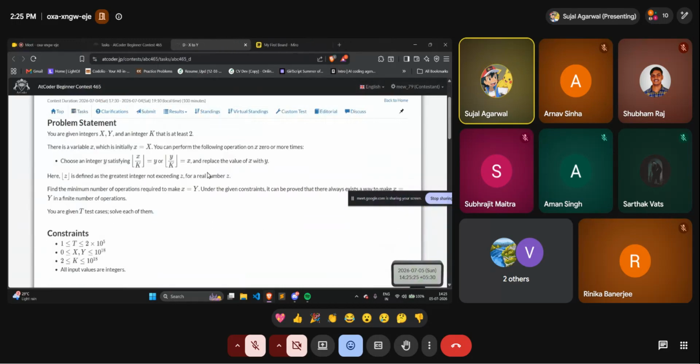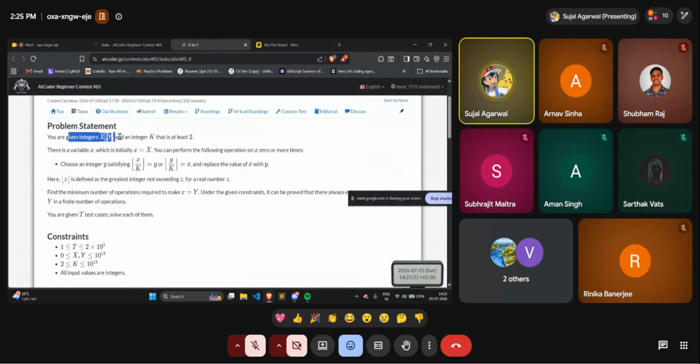Dx to y. What the problem says is, we are given two integers x and y and an integer k that is at least 2. There is a variable x which is initially equal to capital X. You can perform the following operation on x 0 or more times, right? Choose an integer y satisfying floor of x by k is y, or floor of y by k is x, and replace the value of x with y. What this statement basically means is,